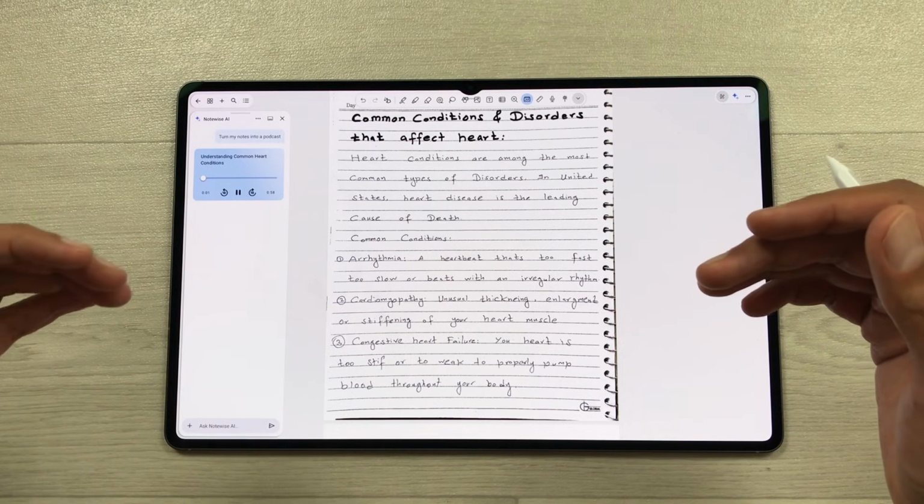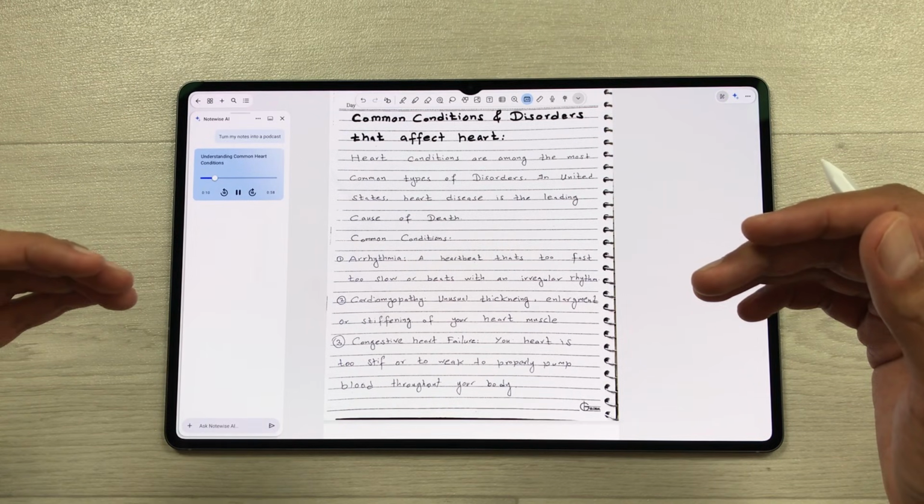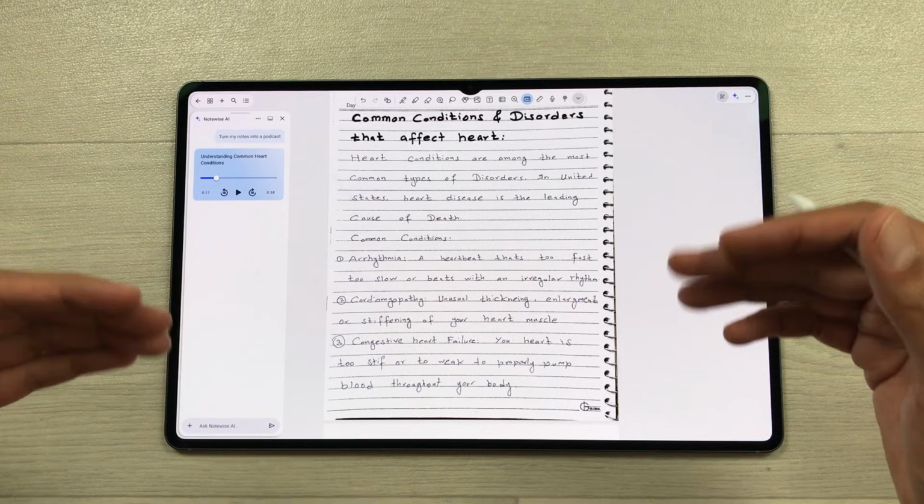Welcome to Notewise AI's podcast, where we turn your notes into engaging lessons. Today, we're diving into common conditions and disorders that affect the heart, a critical topic given that heart disease is a leading cause of death in